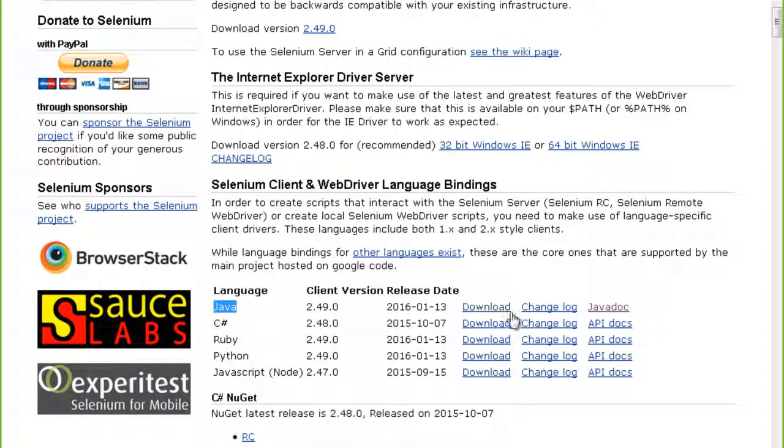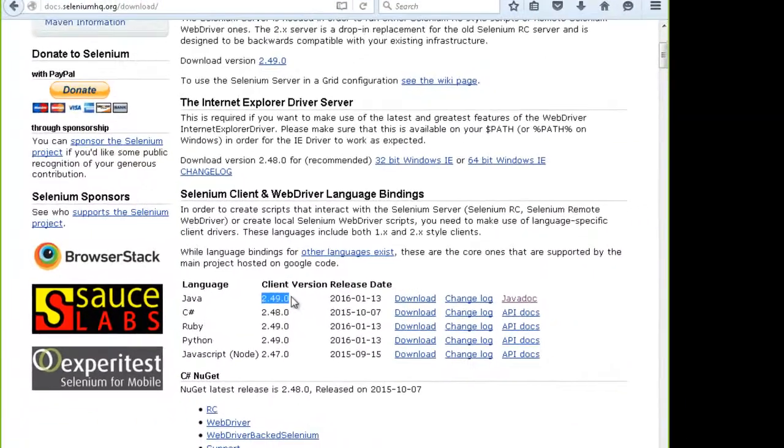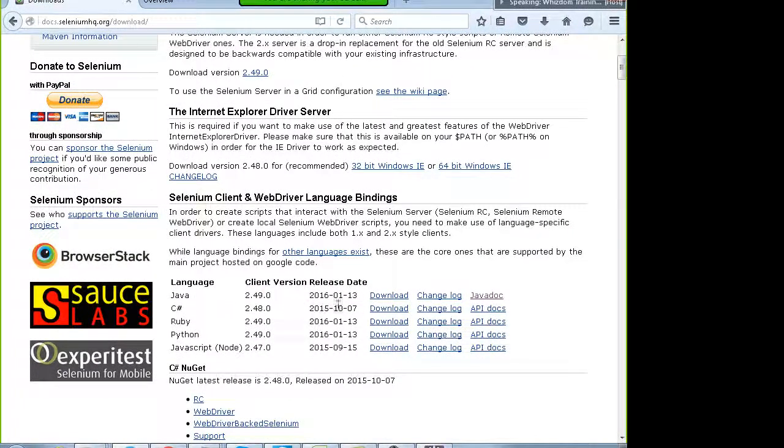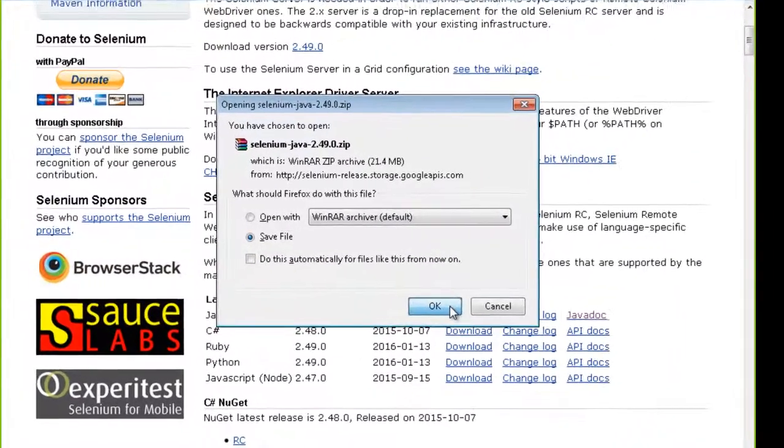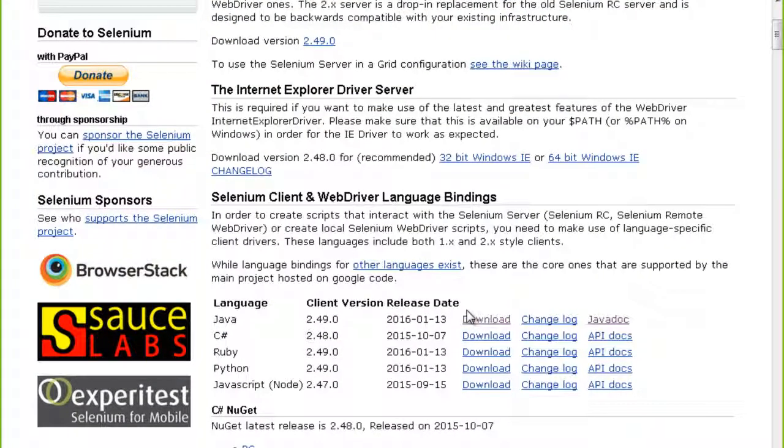You can download it from here. The latest version is 2.49. If you download it, you will get the jar files for Selenium, which you need to put in your Eclipse. You need to configure these jars in your Eclipse, and then your project will become Selenium enabled.